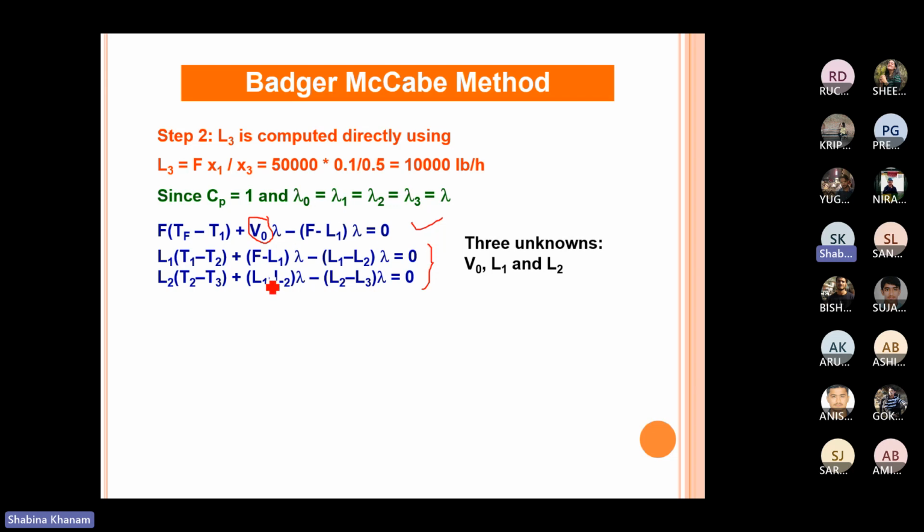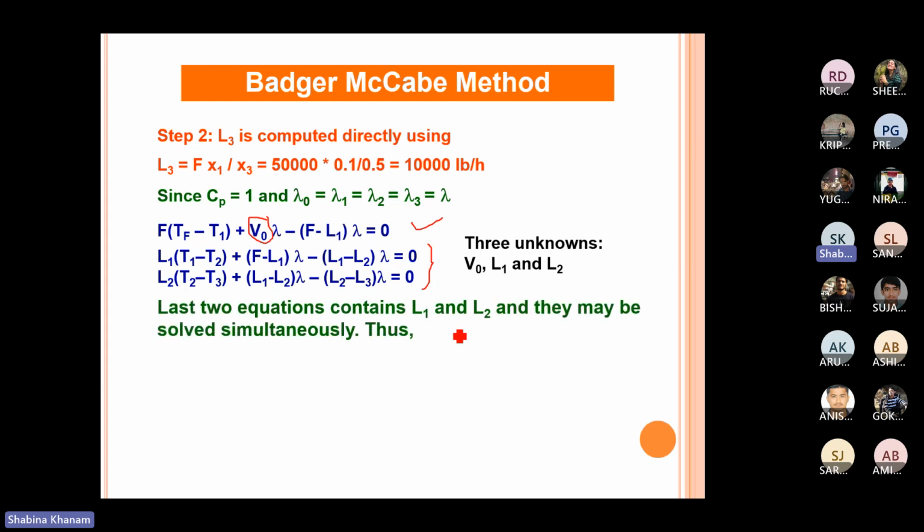So here I have three unknowns, V naught, L1 and L2. Once you have L1 and L2 from here, you can find V naught from the first equation. So by simultaneously solving two equations, we can get L1 and L2, which come out like this, and thus we can find V naught using the first equation. So these are the flow rates of the first iteration. Secondly,